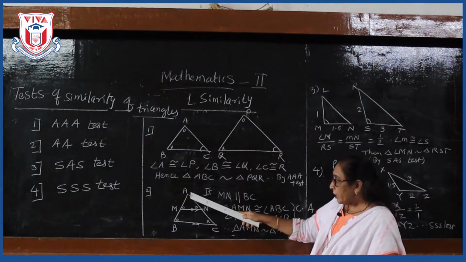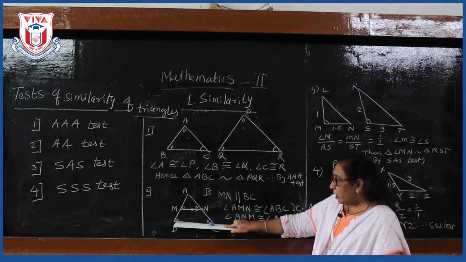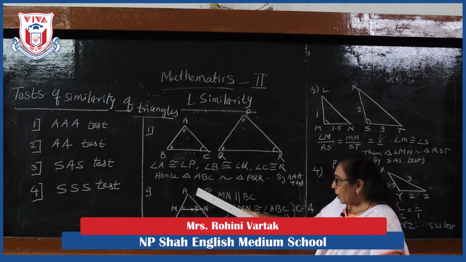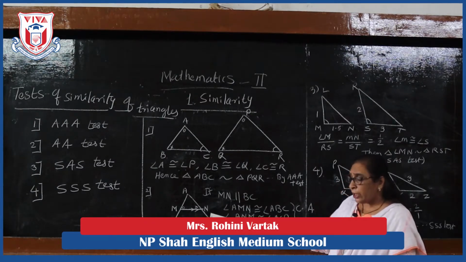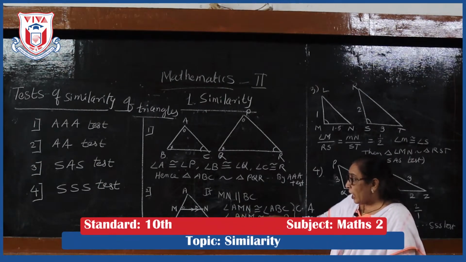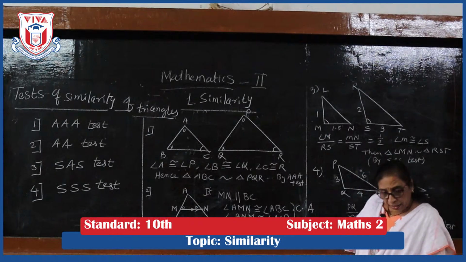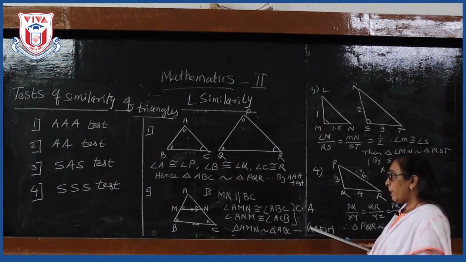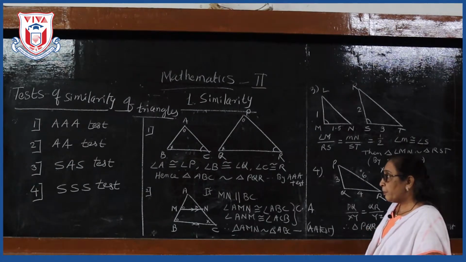Then we can say in triangles AMN and ABC, angle AMN and angle ABC are corresponding angles, and that's why they are congruent to each other. Angle ANM and angle ACB are also a corresponding angle pair, so they are also congruent. So these two angles are congruent with each other, and that's why triangle AMN and triangle ABC are similar by angle test or angle corollary.